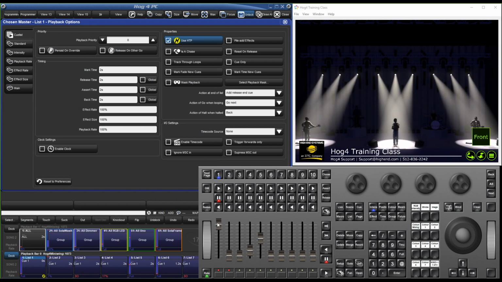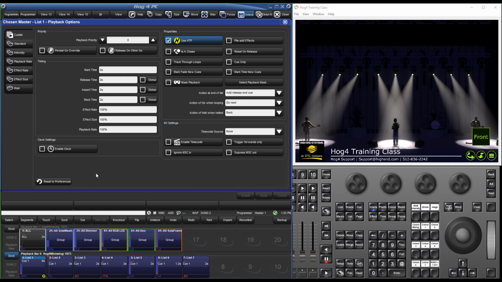So it kind of acts similar, but you don't have the other options here. But now because it's HTP, I don't believe I can. No, yeah. So you can also do the HTP way as well, which is really helpful for house lights, foggers,